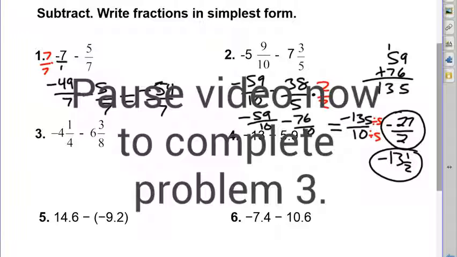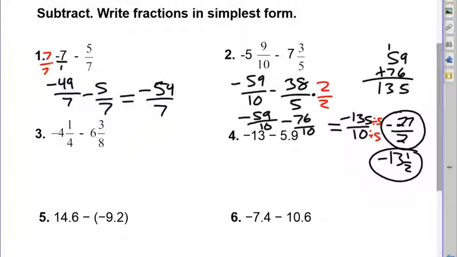I'm going to do my work very quickly here. First, I'll write it as an improper fraction. 4 times 4 is 16, plus 1 is 17. So I have negative 17 fourths